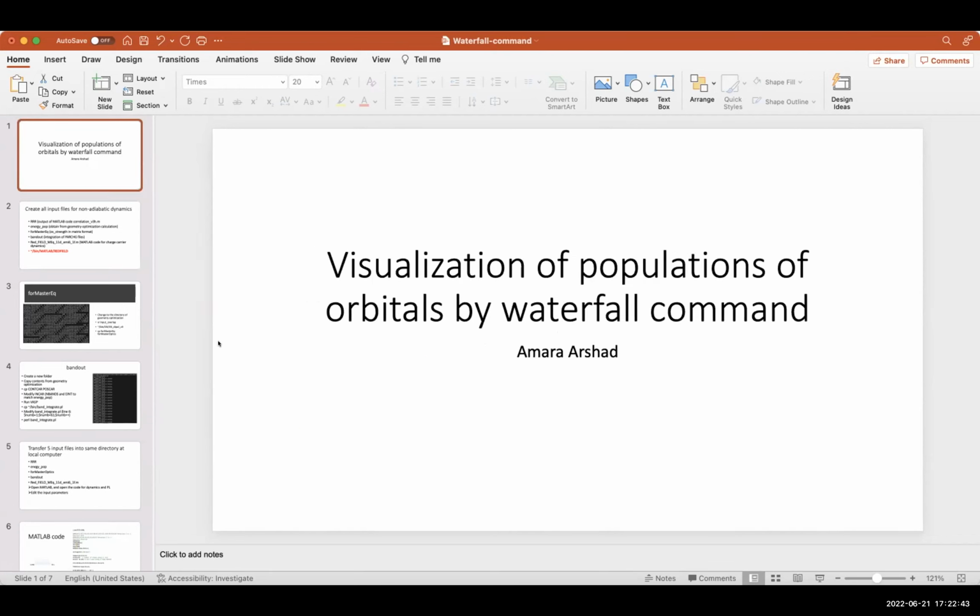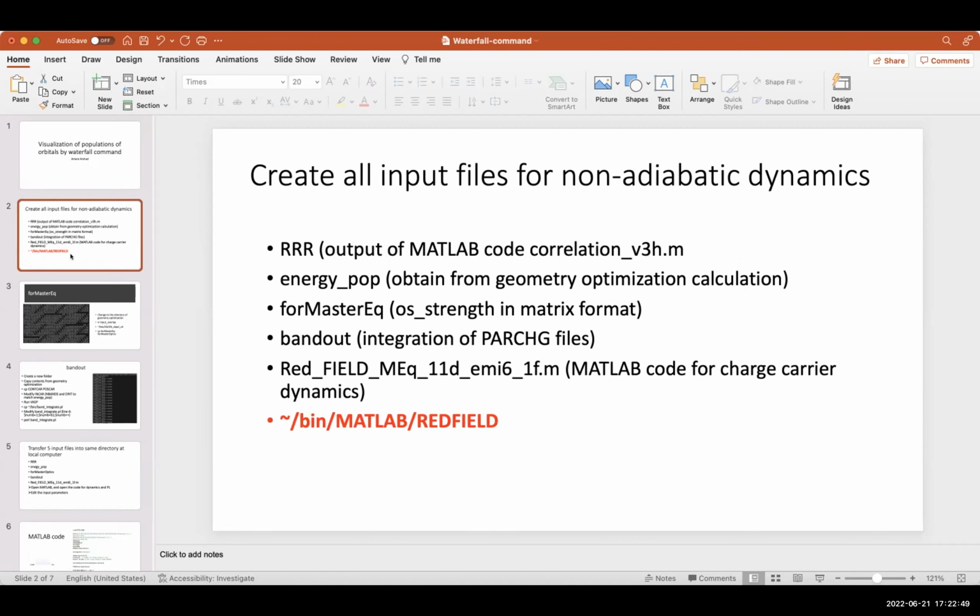So I'm going to talk about the visualization of population of orbitals. First of all, we need to create our input files. These are the input files that we need for non-adiabatic dynamics: the RRR file, that is the output of the correlation code, and then the energy pop file that we use for the geometry optimization calculation, and